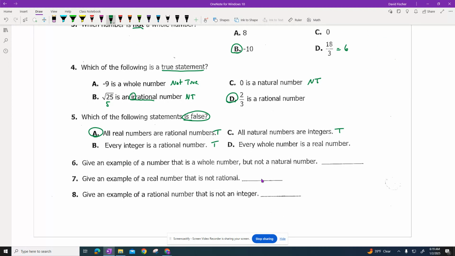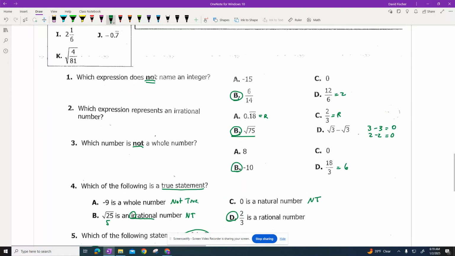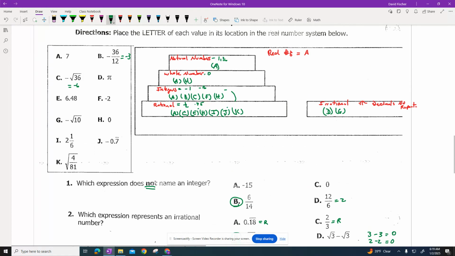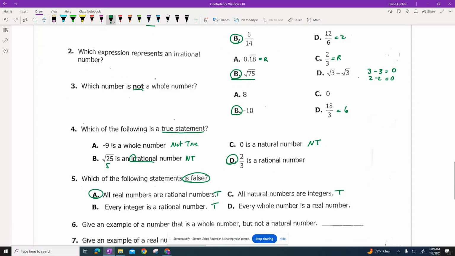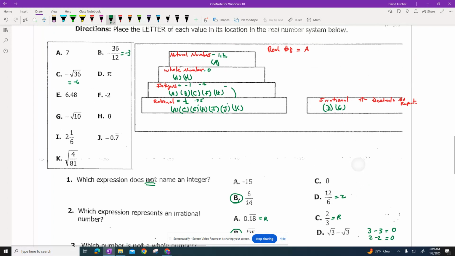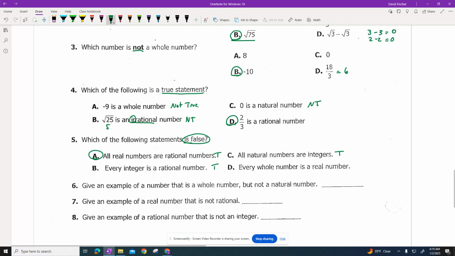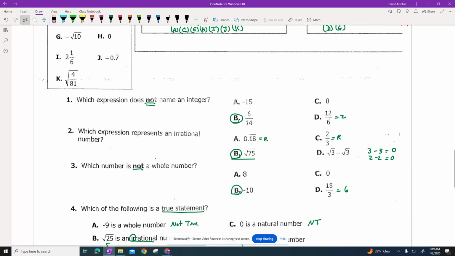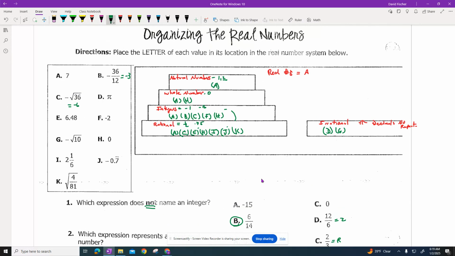That one kind of tricked me there, because now down here every whole number is a real number. Well, that's true. All natural numbers are integers. Man, it really helps to have that box. Natural numbers are integers. Yep, they all fall down into the box. Every integer is a rational number. That's true, and all integers fall to the box below. All real numbers are integers. Yeah, I'm thinking the first one because like 0 is a whole number, but it's